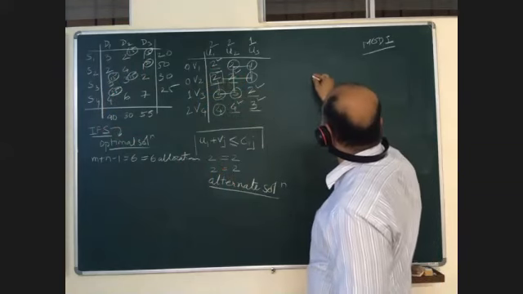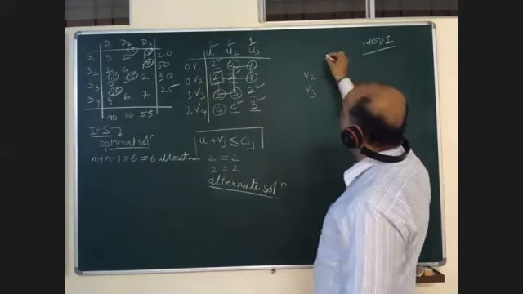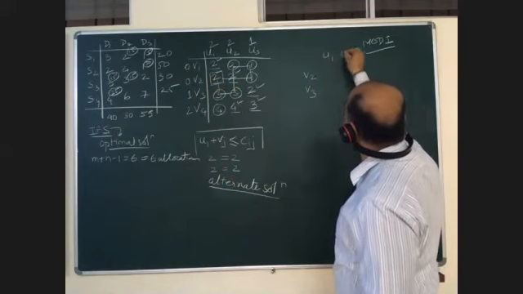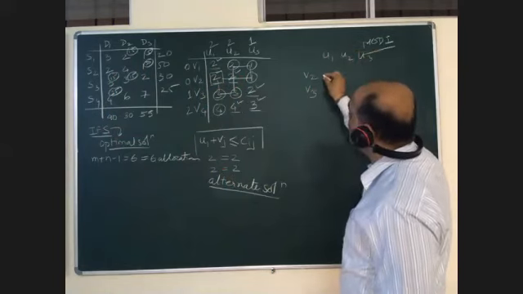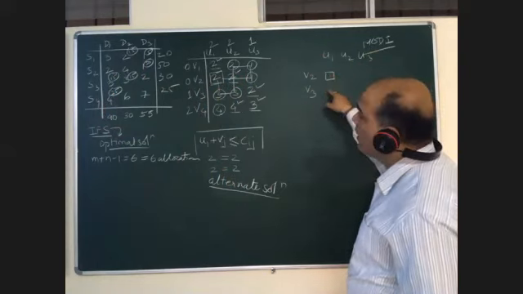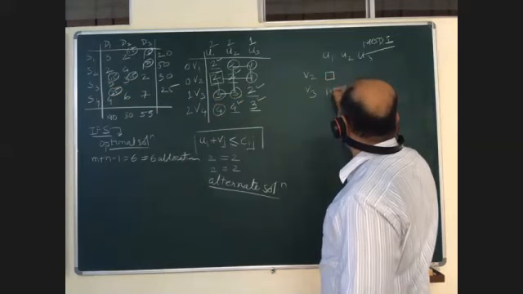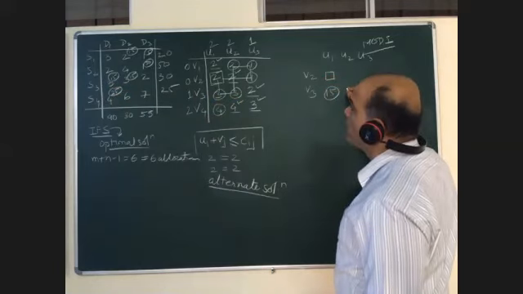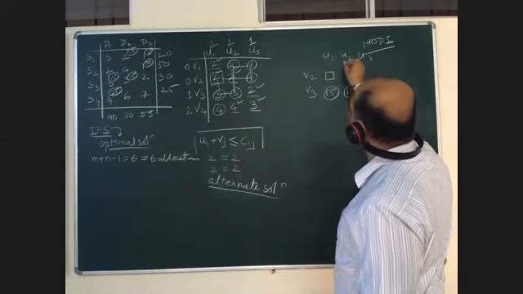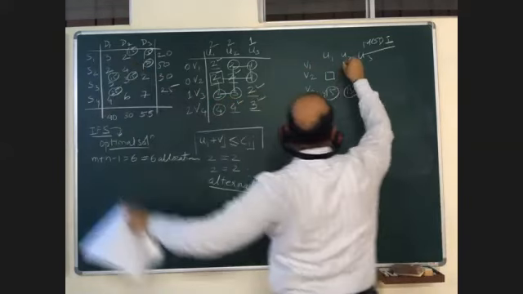Now, how have I drawn this? This is V2, V3, U1, U2, U3. Now, at this point, how much is the allocation? Allocation is 15. At this point, the allocation is again 15. Then from here, I'll go this side. This will be V1. Allocation is 15.